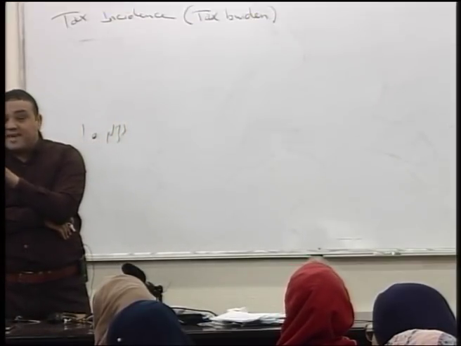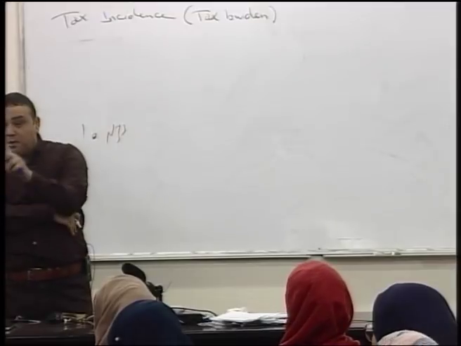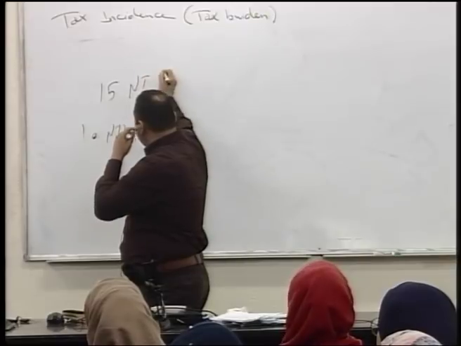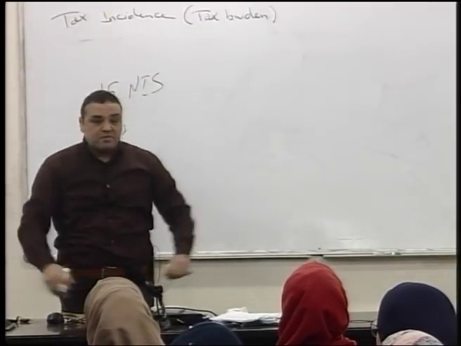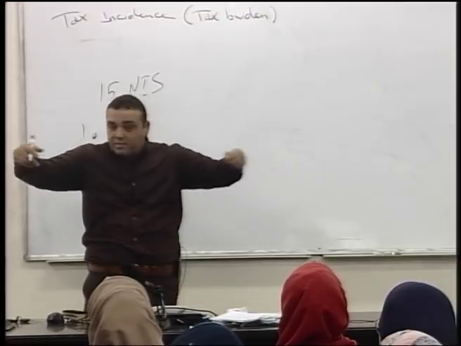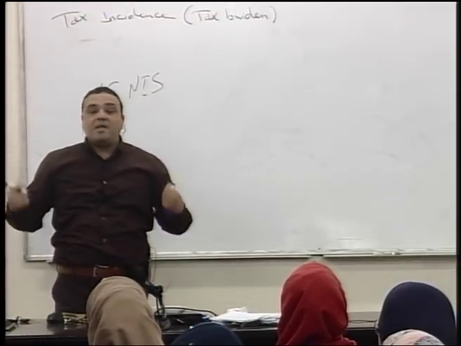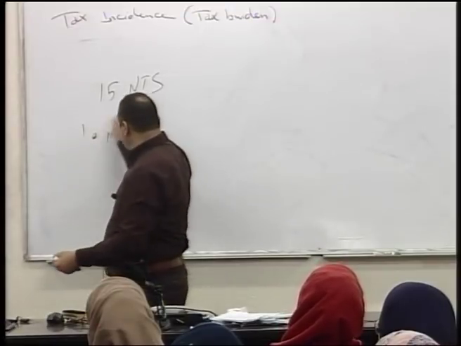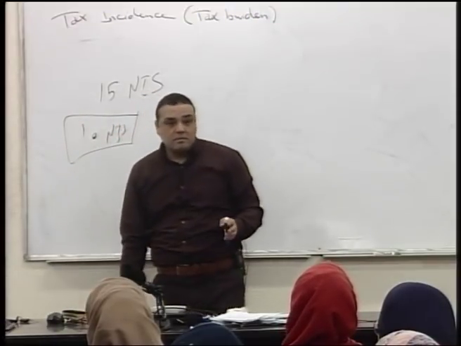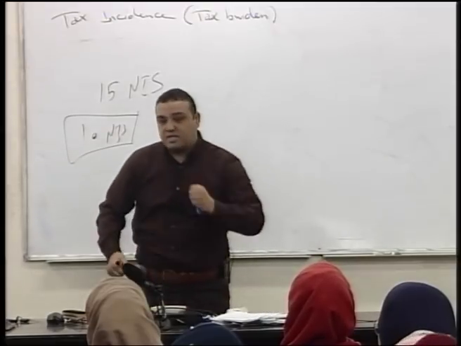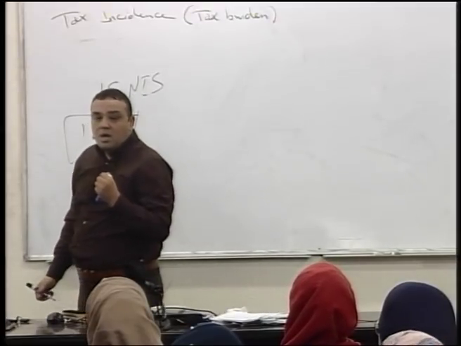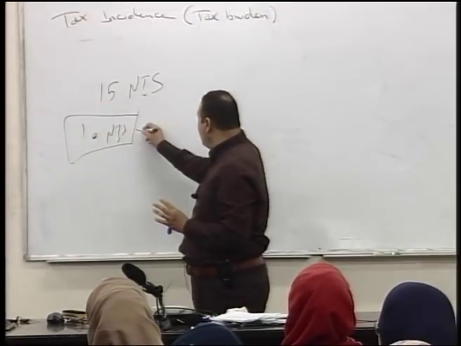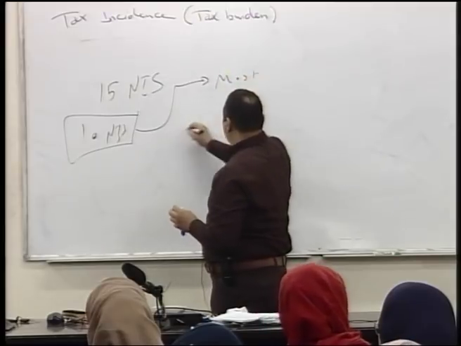Let me assume that the initial price per pack of cigarette was 15 shekels. This is the initial price per pack of cigarette. حق العلبة قديش؟ 15 شيكل. And the government imposed a tax of 10 shekels per pack. كل باكيت أجى عليه 10 شيكل. Who bears the most and who bears the least of the tax burden؟ مين بتحمل الموست؟ ومين بتحمل الليست؟